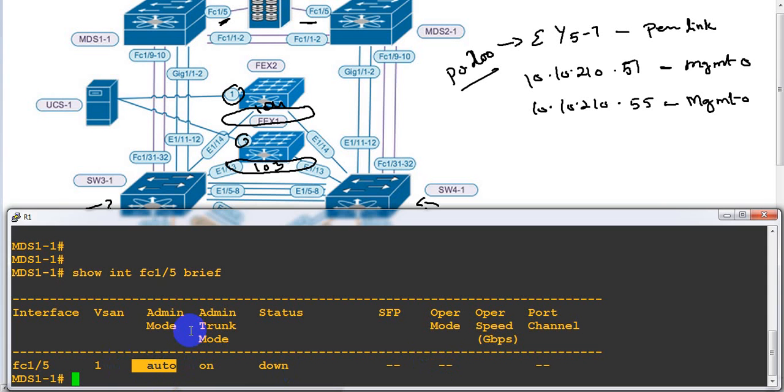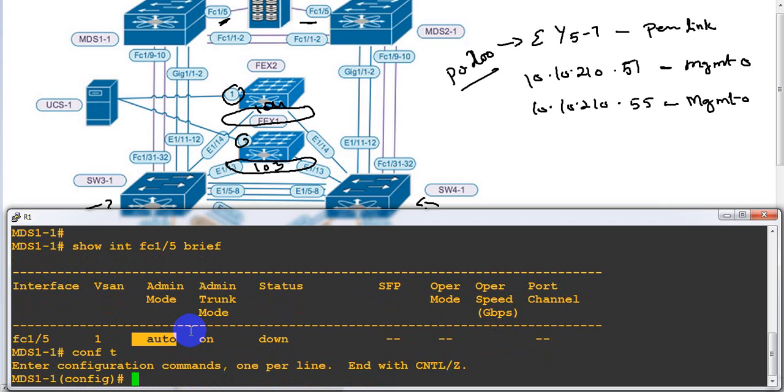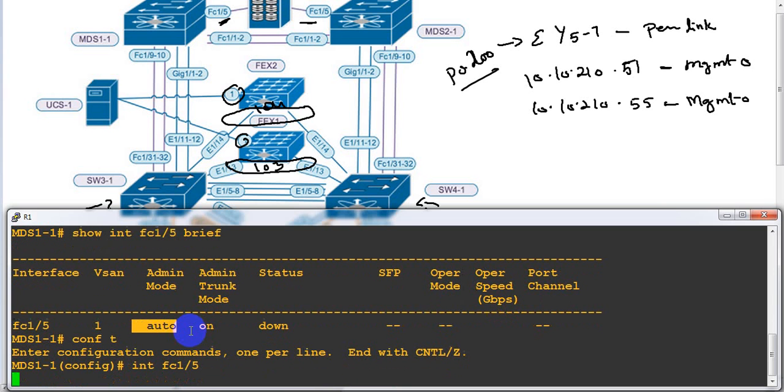How to do that? Switchport mode NL. Now I'm going to just say no shutdown only. Interface FC 1/5. All that I do is just one command, no shutdown. FLOGI will happen, registration, everything will happen. But before doing that, let me show you. Show